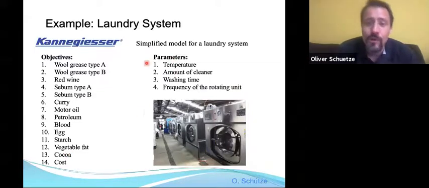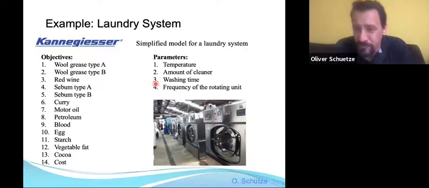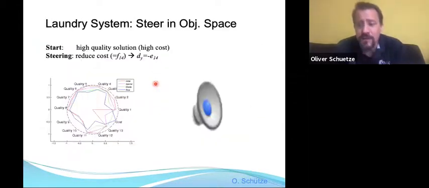So now comes the point where this is a cooperation with industry. I can only give you 4 parameters: the temperature, the amount of washing time, the frequency of the rotating unit. So we are only able to present a simplified model of this, but still the idea of the Pareto Explorer can be explained. For this, I will give you two different